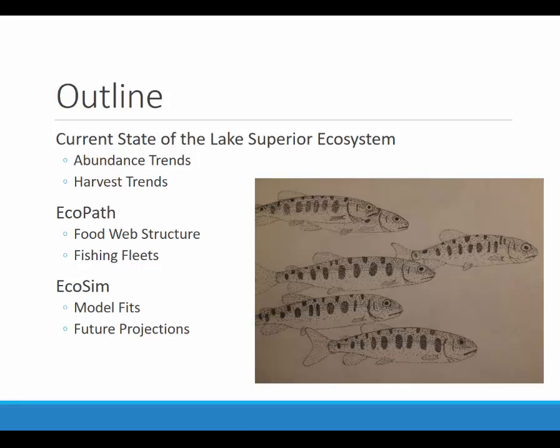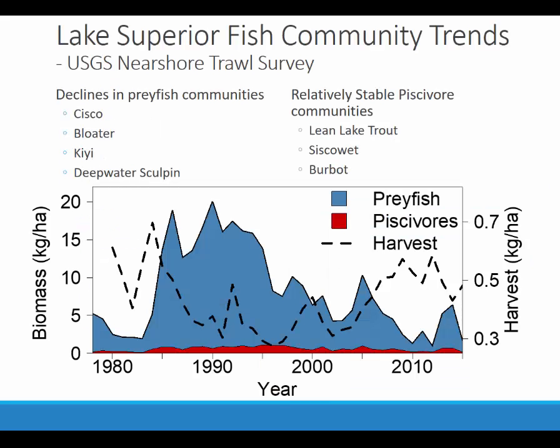So, brief outline, I'm just going to very briefly give an update on the current status of the Lake Superior ecosystem, looking at abundance and harvest trends. Then I'm going to get into the EcoPath model and then EcoSim. Like I said, very briefly,